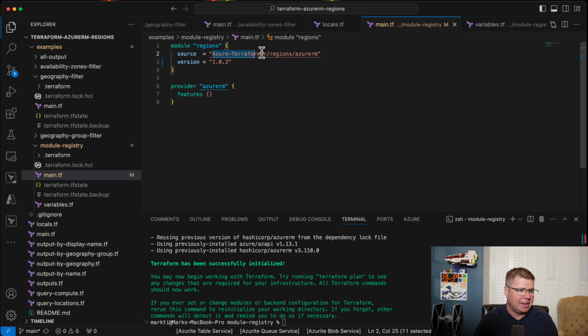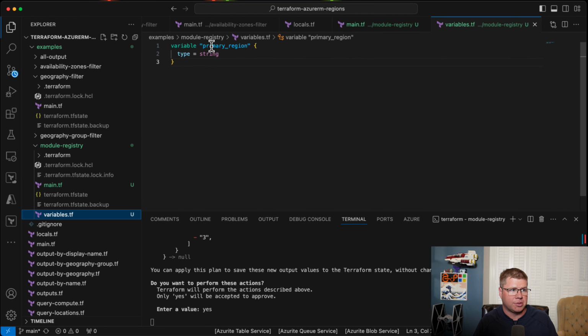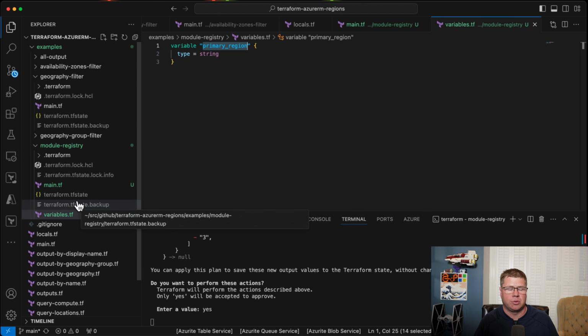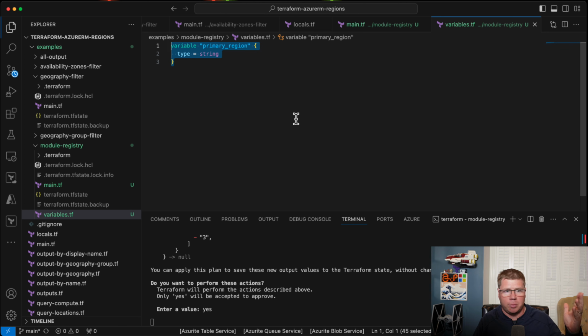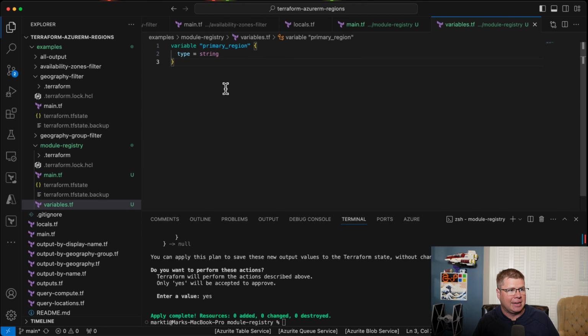So you can see here, all this root module is doing is going out and loading my module, which loads the regions. And so this would be basically like what your root module is going to look like. You would have an instance of this module, and then you would have an input variable for your deployment to be deployed to. And so right here, I got primary region. So just imagine, this folder right here called module registry, this is your root module. And these are your input variables. You probably have a whole bunch of them. I'm guessing one of them is going to be called location or primary region or primary location or whatever. It's probably going to be a type string, and you're probably going to have a default in there or whatever, right? Now you can add validation,